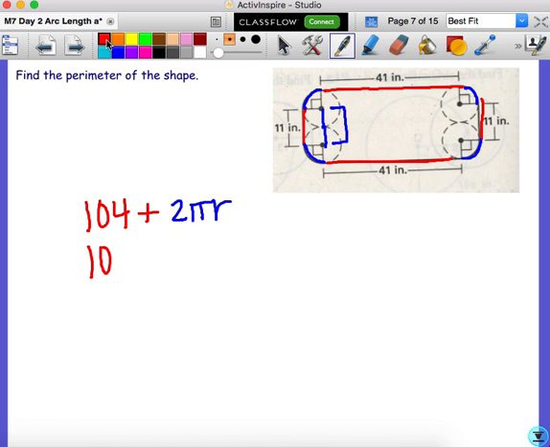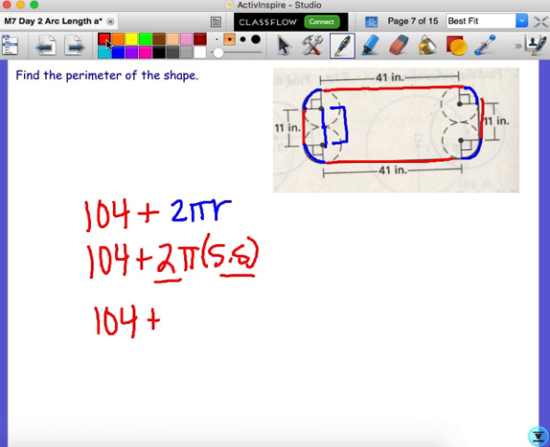So now I'm going to say 104 plus 2 times pi times 5.5. I'm going to multiply these guys here since those are both whole numbers. And 2 times 5.5 is going to give me 11 pi. If I'm leaving it in terms of pi, that is my final answer. If they tell me to round, my answer is approximately 138.6